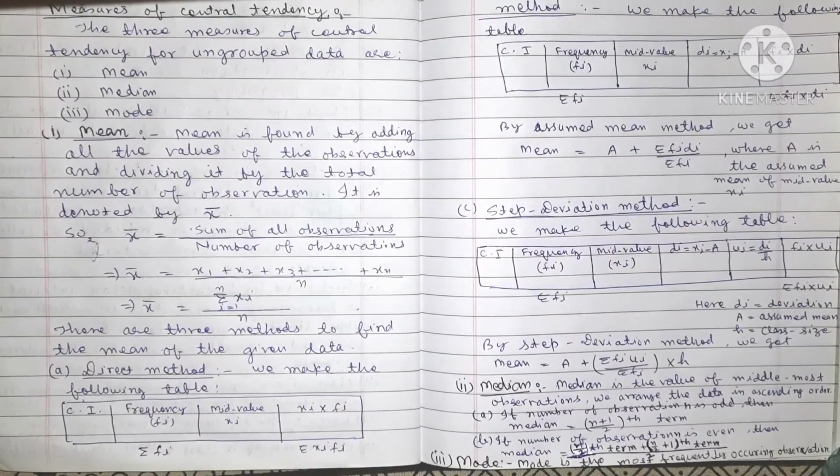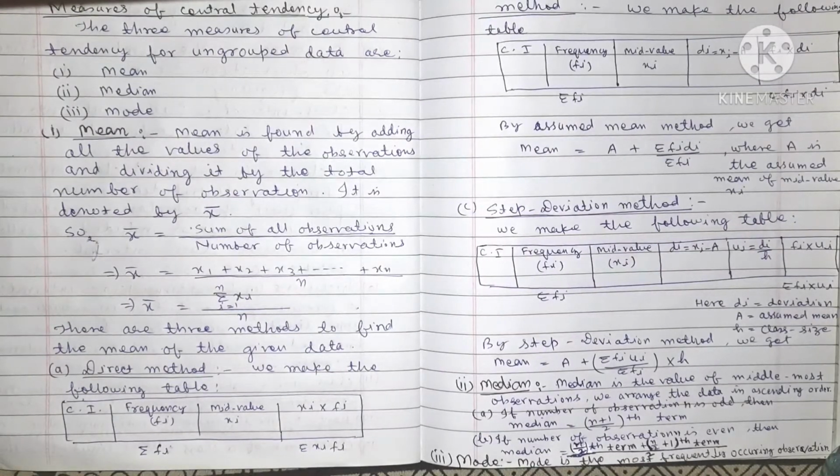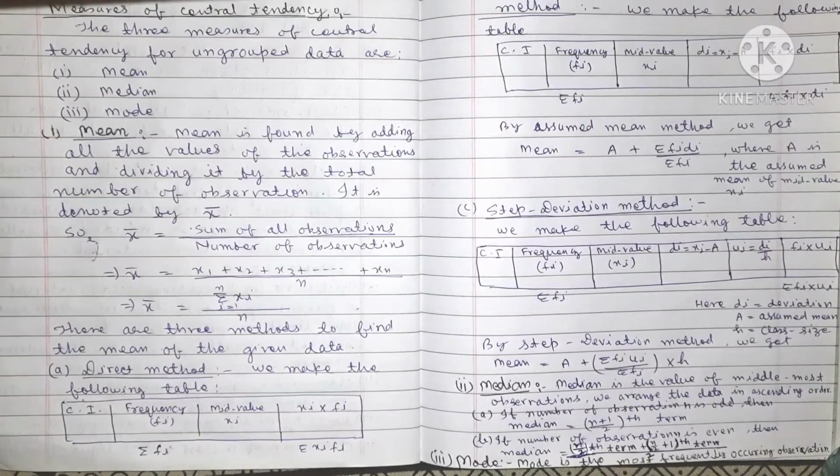Third, mode. Mode is the most frequently occurring observation. So these are the definitions and formulas of the chapter